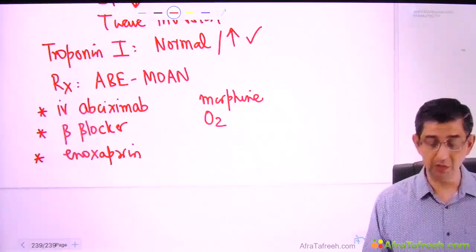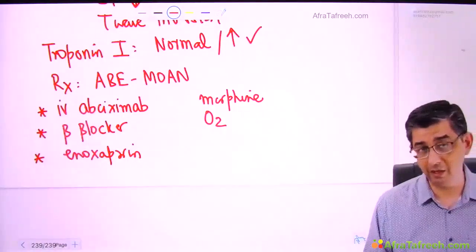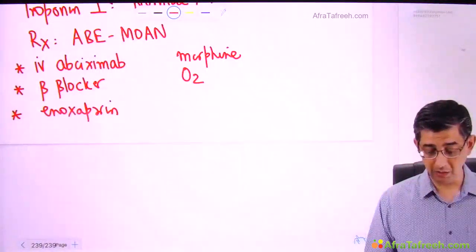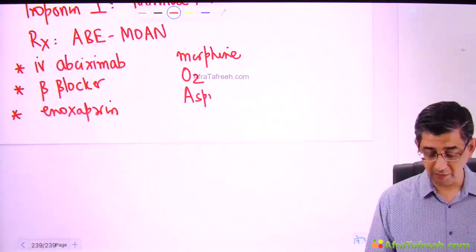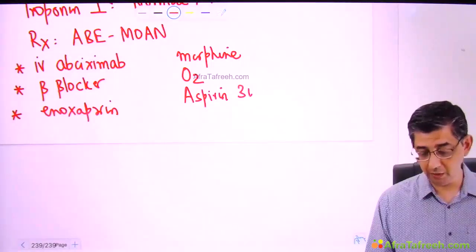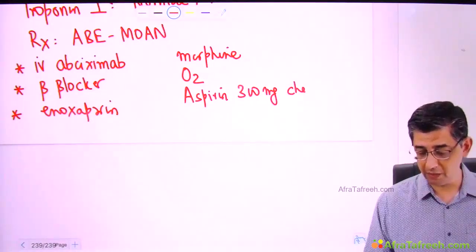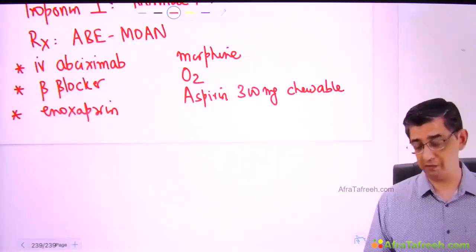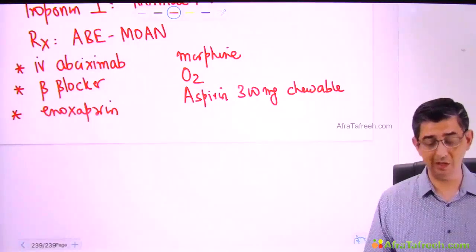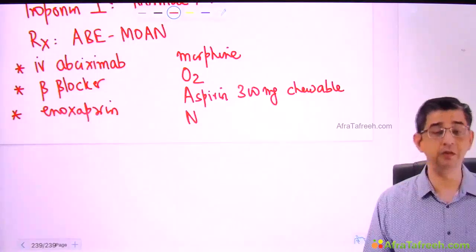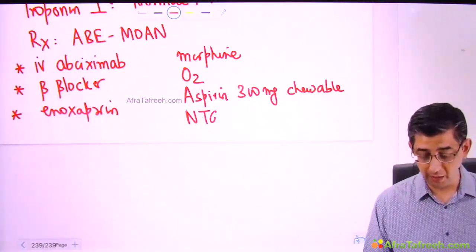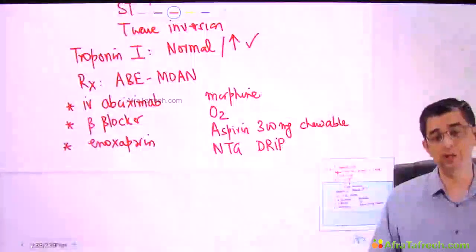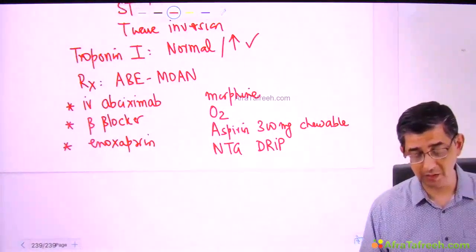Obviously, my nurse has given oxygen to the patient. It could be given with the help of a nasal cannula or a tight fitting face mask. Then we shall also be giving this patient alphabet A, that is aspirin. It will be a chewable aspirin that can be given even in the ambulance, sometimes even at the house of the patient. When the emergency crew reaches the house of this guy, definitely aspirin can be given on the way to the hospital as well. Alphabet N would stand for nitroglycerin. We can give it sublingually, and subsequently, if required, we will give a nitroglycerin drip to this patient. These are the drugs which are going to be useful for management of patients of unstable angina.